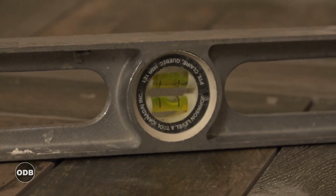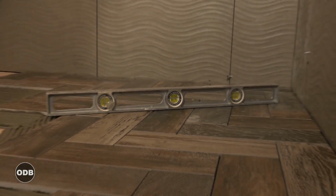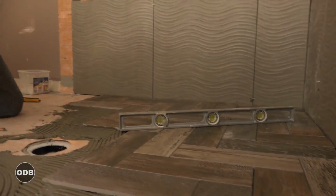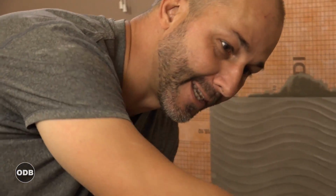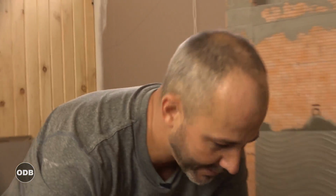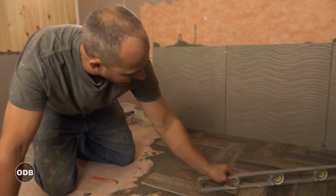Just a quick double check, but everything is rolling towards the drain, just like it's supposed to. So for all of you perfectionists out there, and I'm gonna get a comment, hey, that wasn't level. It's not supposed to be. We are trying to keep the outside of the room higher than the drain so all the water goes in one spot. So what we're just demonstrating here is even though we're just putting it all in nice and simple